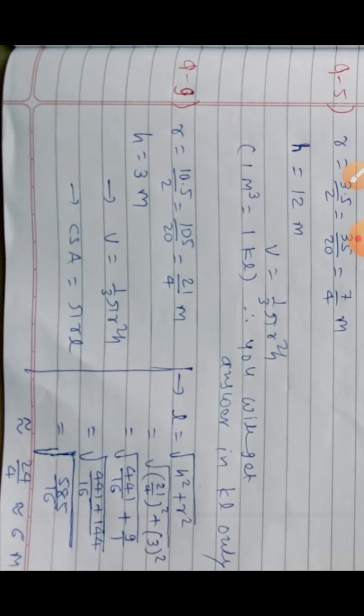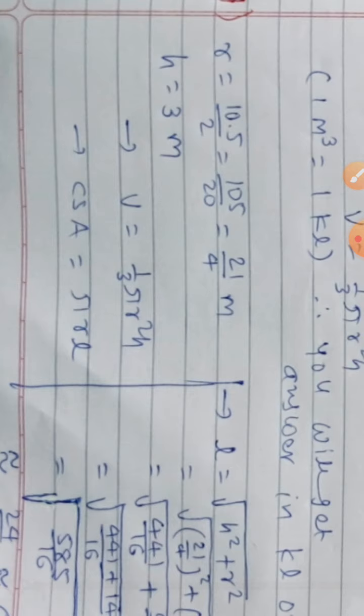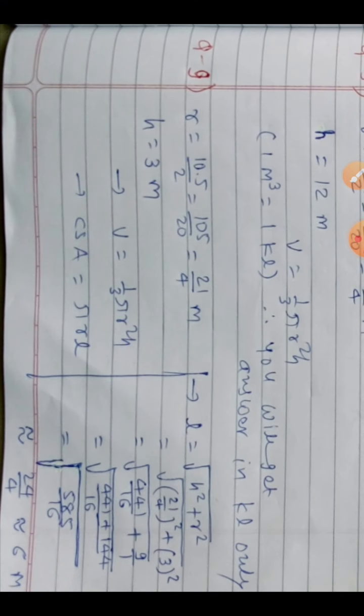Number 9. First of all, from the given measurement, r is equal to 10.5. Okay, the point is removed, so it becomes 105 by 10... 105 by 20, meaning they are divisible by 5, so 21 fives, and 4 fives are 20. So we got r in simplest fraction as 21 by 4. S is equal to 3.